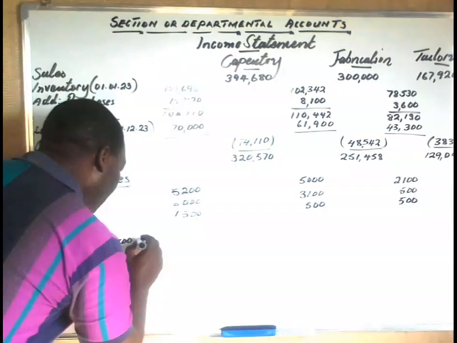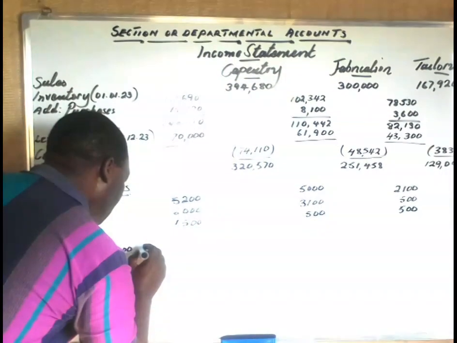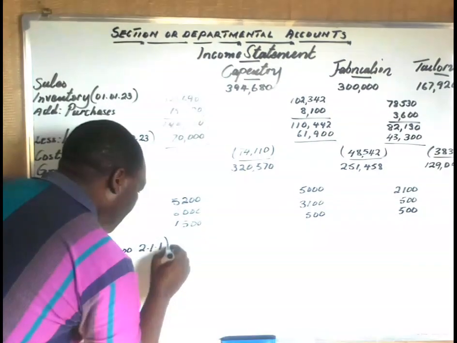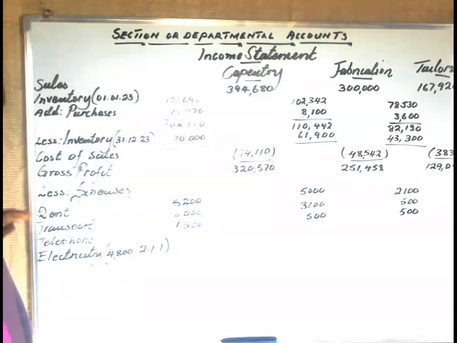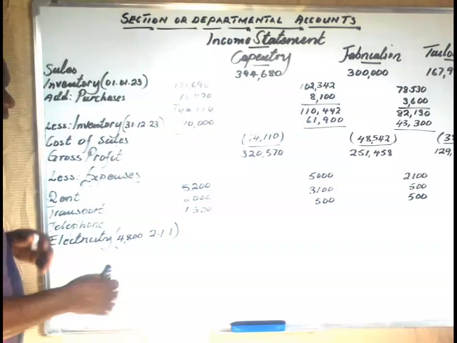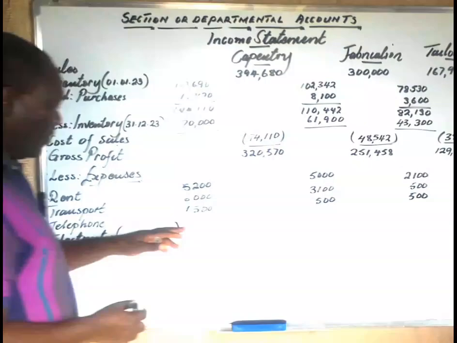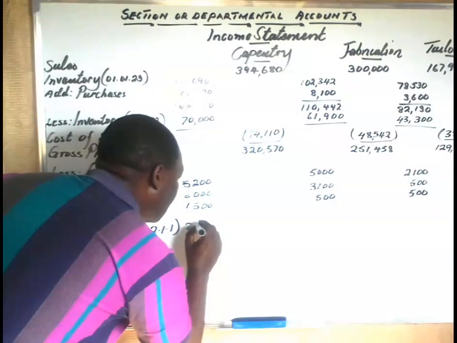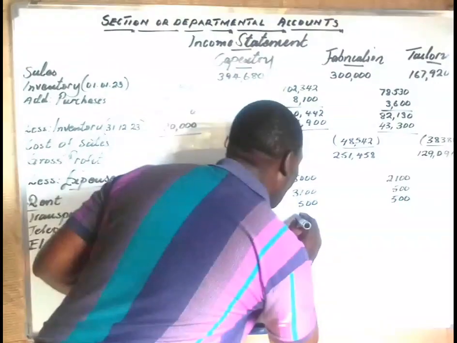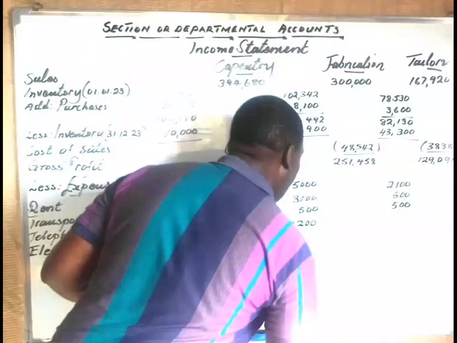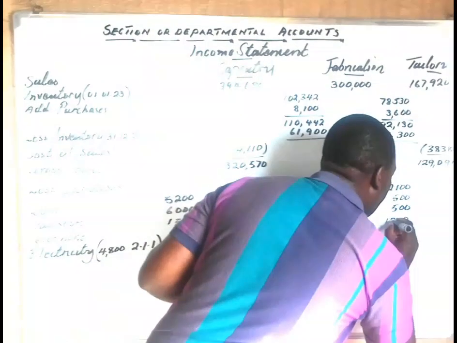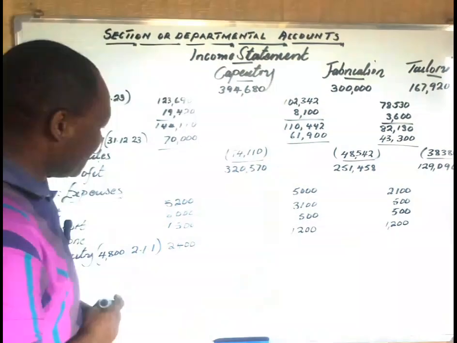Okay, the ratio was 2 to 1 to 1. Since my space is very small, I've done the calculation already. So here is 2,400. There it will be 1,200. And here 1,200. Okay, so our expenses